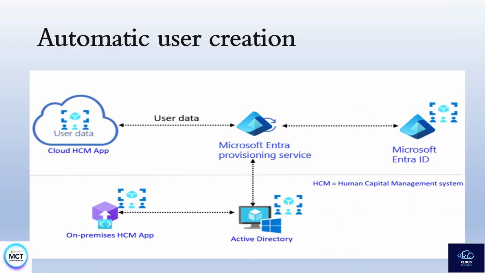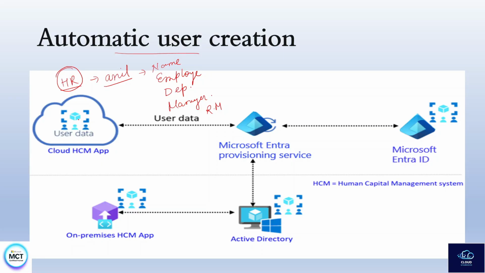The next concept is about automatic user creation. Very good diagrammatic flow which shows how the automatic creation of the employee record is done with the help of an HR. So here, for example, some HR is there who added an entry of a user, for example, Anil. Now this user will have some attributes like a name, an employee ID, a department, and reporting manager details, right? All of these details are fed by the HR into the cloud HR system,